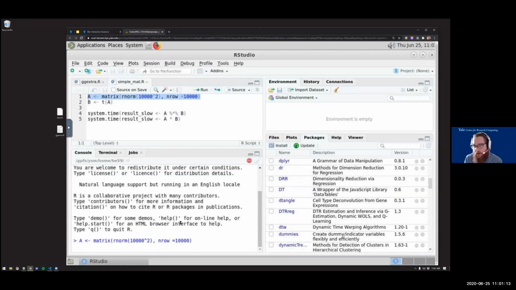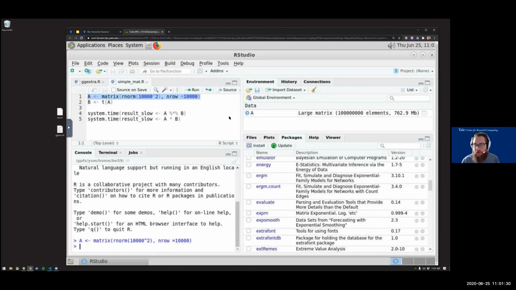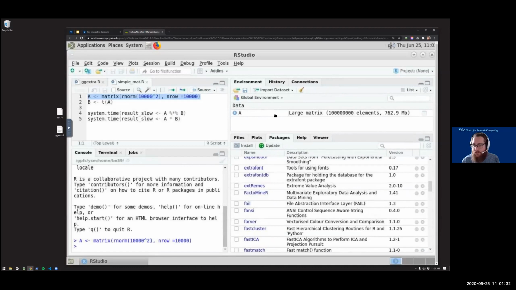And the nice thing about RStudio, I get down on it sometimes because it can be an impediment to performance, but what it will tell you is for large objects, it'll tell you how much memory they're using. And so if I pull this over a little bit further, this says that this single matrix is using 762 megabytes of memory.